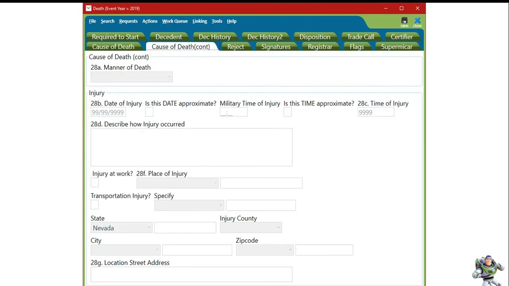Under the Cause of Death Continue tab, the completed medical portion done by the certifier most likely will read natural causes and nothing